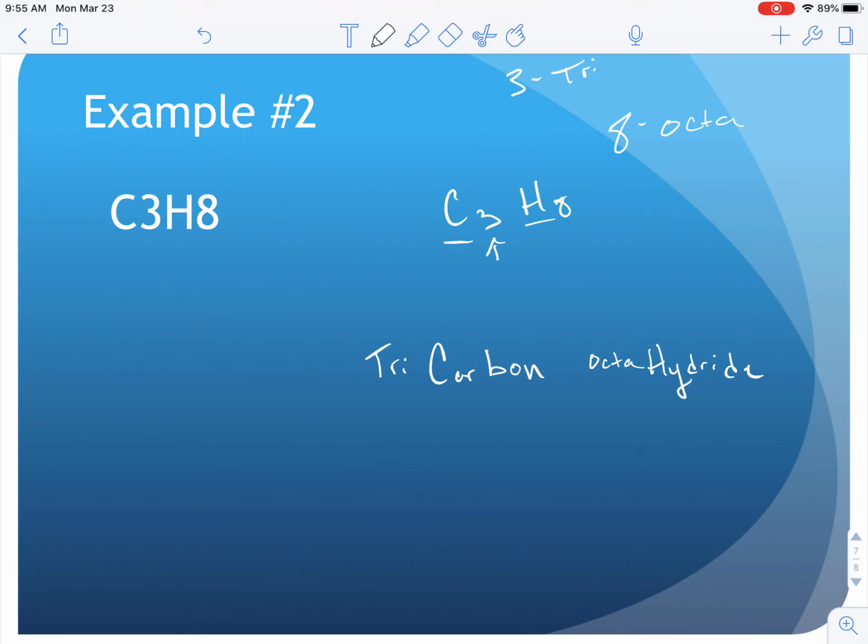3 carbons, 8 hydrogens. All right, so really they're just taking a formula, counting up however many of each there are, and putting that into words. So tricarbon tells us 3 carbons, octahydride says 8 hydrogens. All right, if you have any questions,